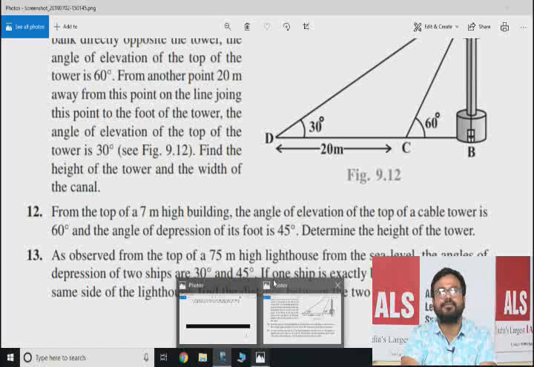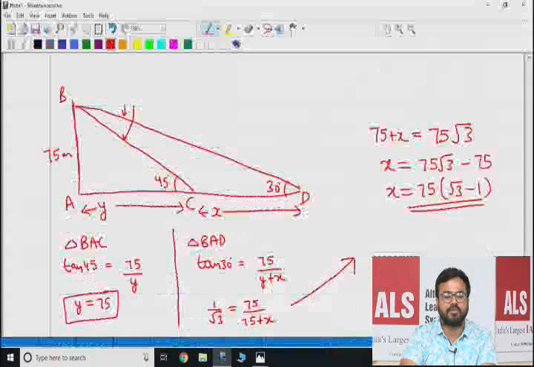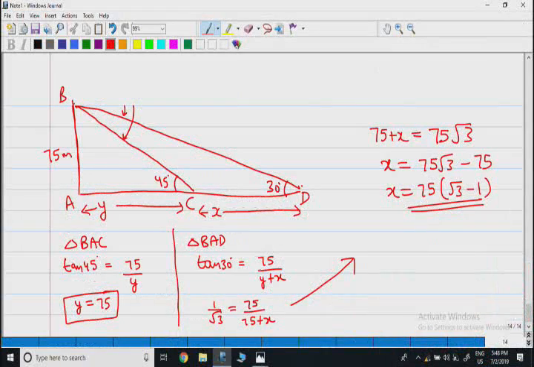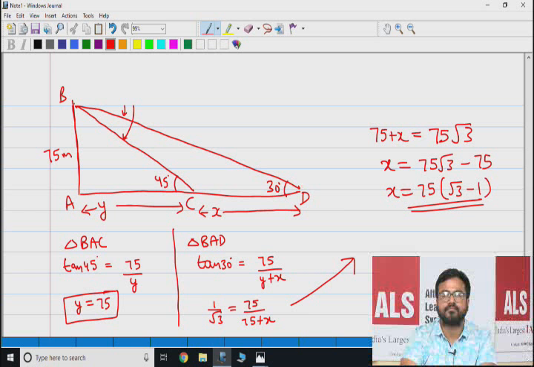Any doubt till now in question number 12 and question number 13? Any doubt? Okay. Now there is one good question,